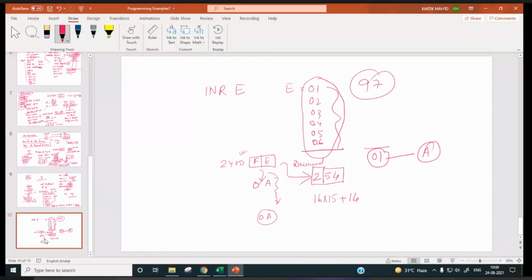And how many times you are subtracting 0A, that count will be how much? It will be 25 times. And finally, the remainder will be 4.